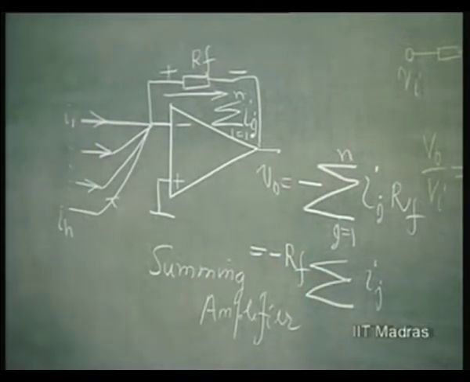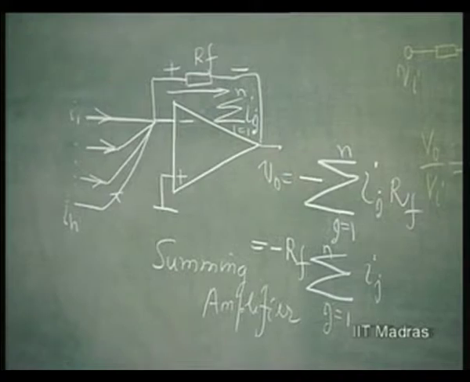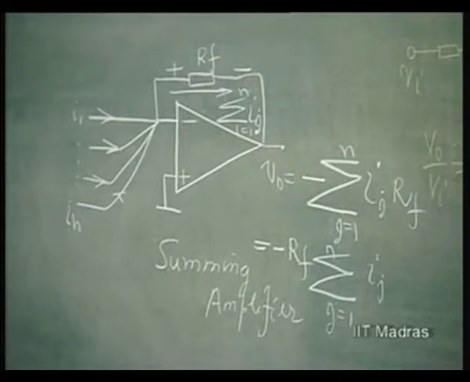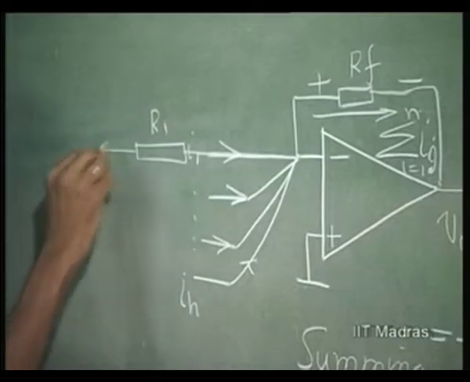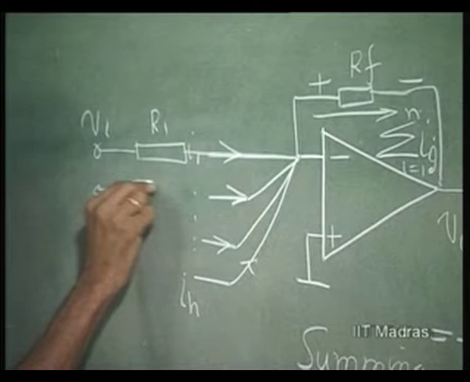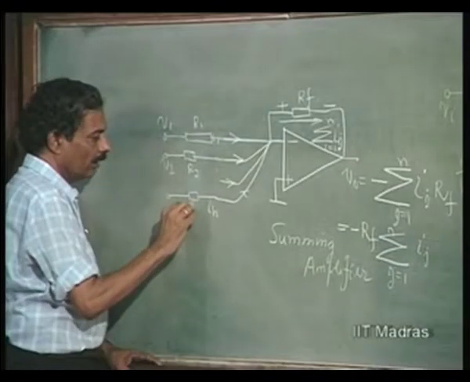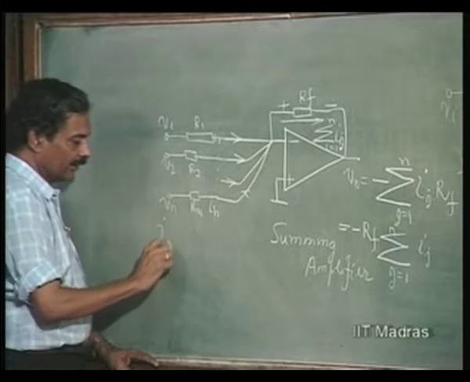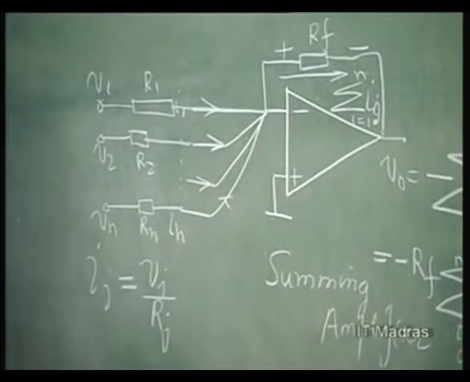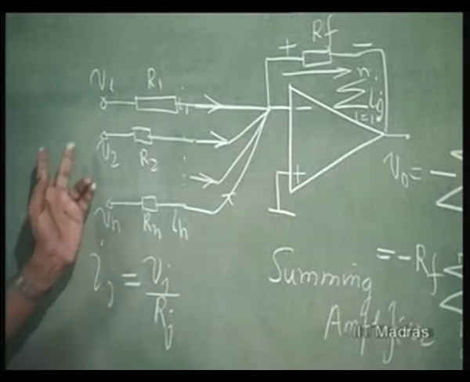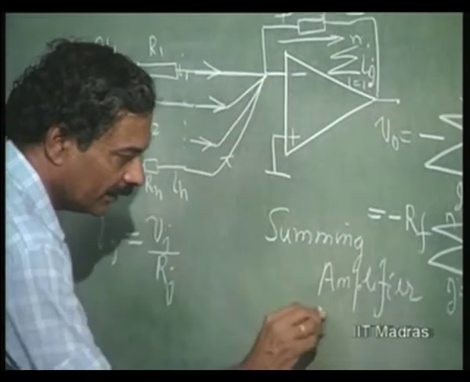Sigma Ij into Rf, j equal to 1 to n. So, if I want, for example, resistors connected here, R1, V1, R2, V2, so on, Rn, Vn, then all these currents Ij's can be replaced by Vj's by Rj's, because Ij is equal to Vj by Rj, because this potential is 0. So, you can therefore get this output as minus Rf,